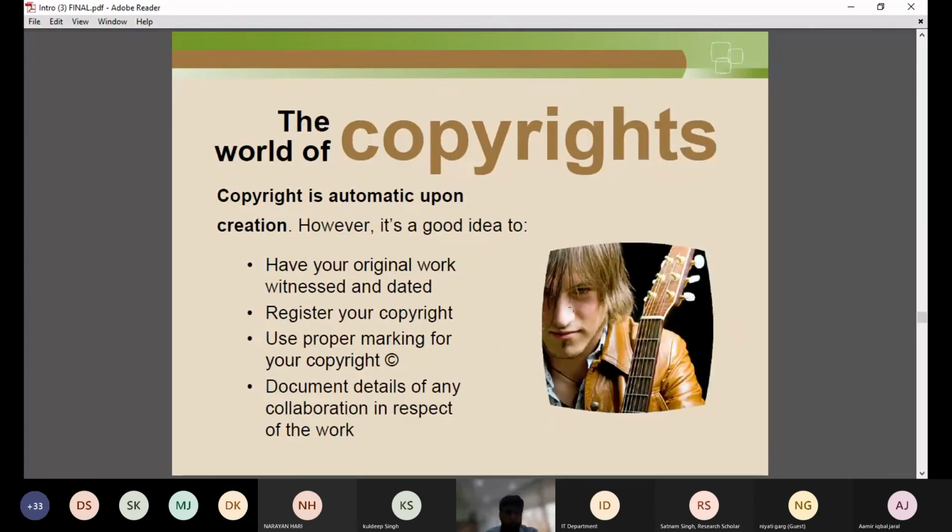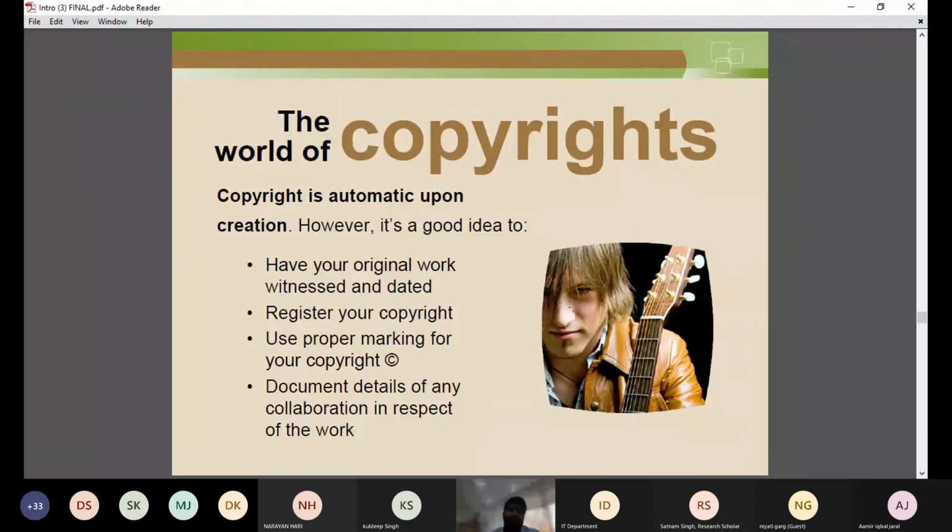You must have seen that C symbol at many places, right? C with a circle over it. That symbol denotes that all rights have been reserved by the applicant or the owner of that particular work, and no one else can use it without their permission. So basically it provides protection to your literary work.